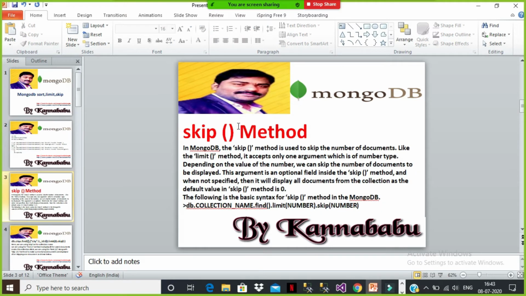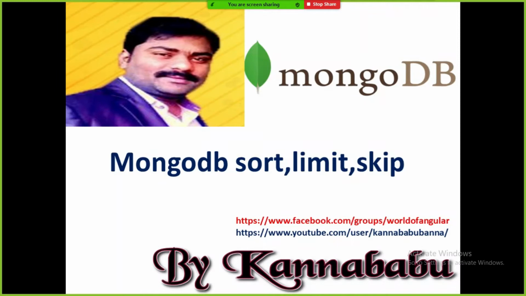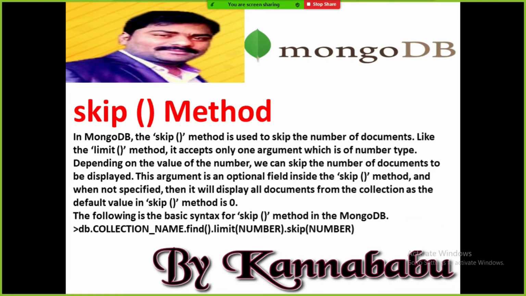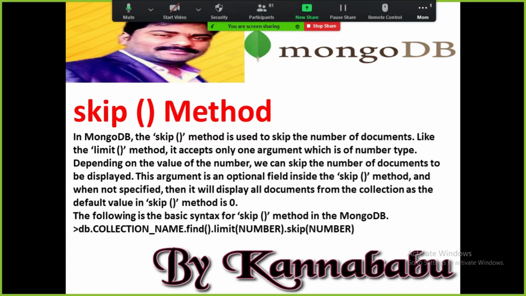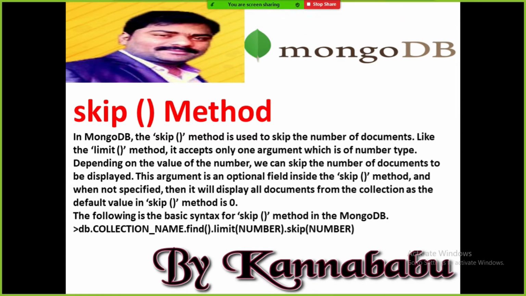Okay, so first of all, we'll see what the skip method is. The name itself is telling: skip the records. Collection is nothing but a group of documents. If you want to limit the data, that means fetch the data within the given range, then we have to use the limit function. And if you want to skip any documents, then you have to use the skip function. Is it clear? So the limit function is used to limit the data. The skip function is used to skip the data.